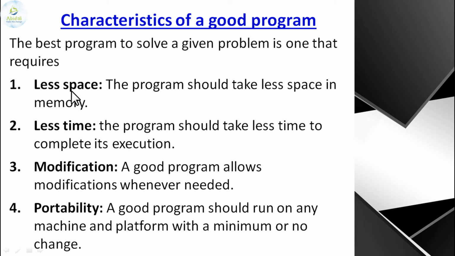With a few KBs, the first generation of computers started, and we are into the fourth generation, and robotics is in the fifth generation of computers. We have TBs of memory available now. But in olden systems, less space was there in terms of memory. So the program should take less space so that other data can reside in the computer and we can work on it.